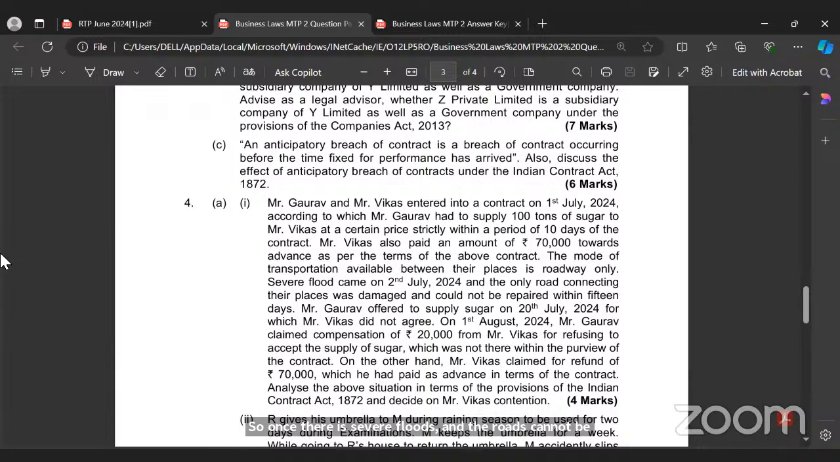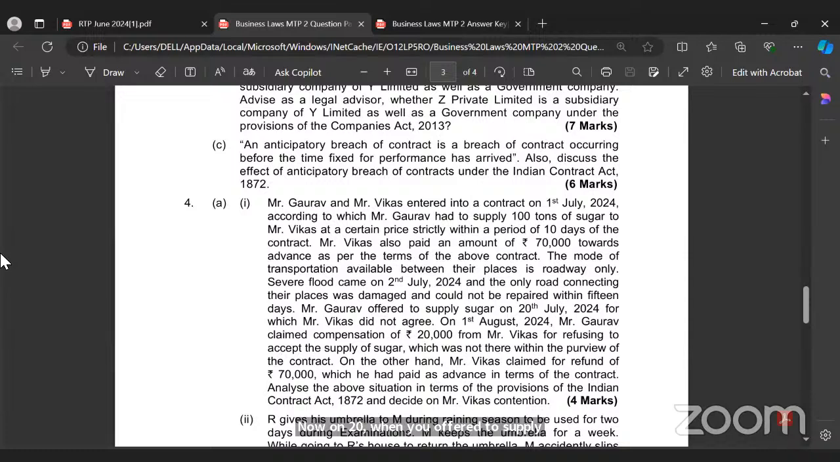Remember? The contract becomes impossible of performing. And when there is a contract which becomes impossible to perform, it becomes null and void. If it is null and void, both the parties should be returned to their original position. So Gaurav, who's the seller, has to return back that 70,000. Now, on 20th July, when he offered to supply the sugar and that fellow refused, he has every